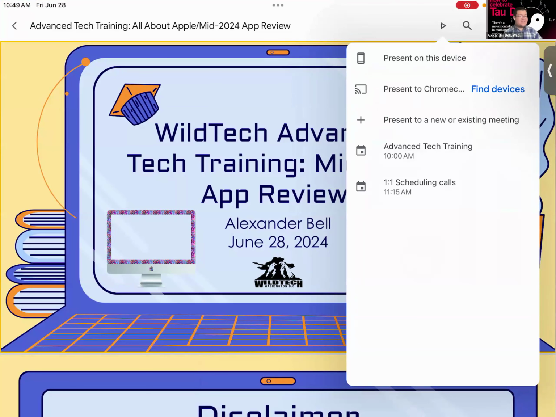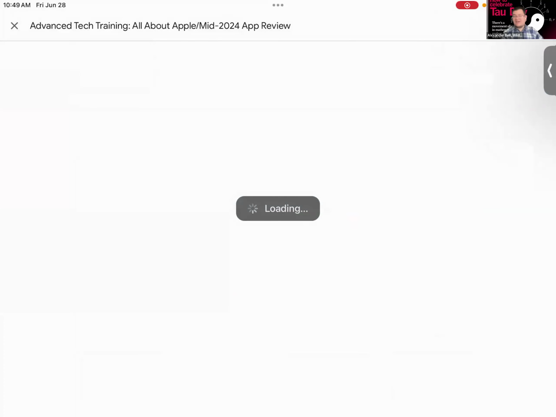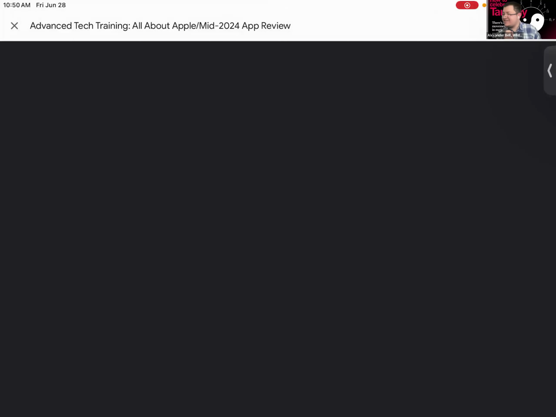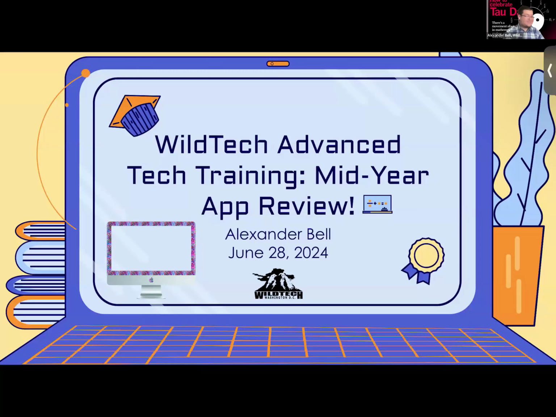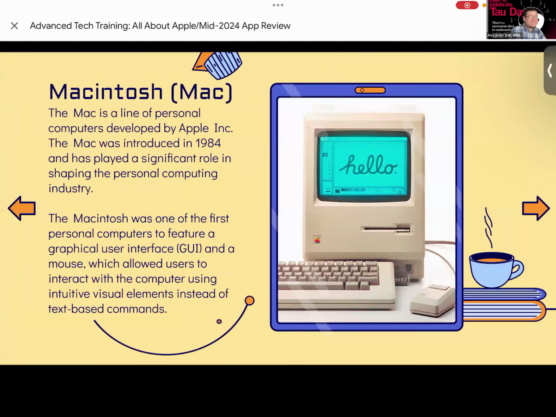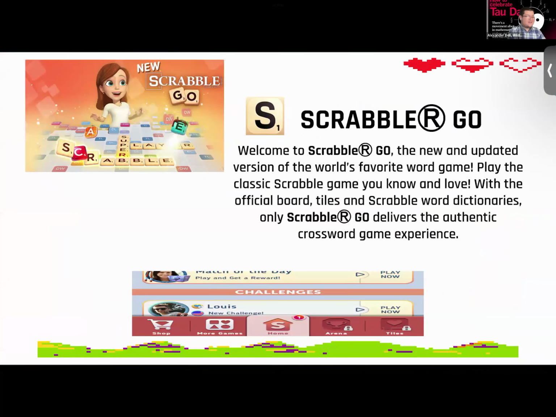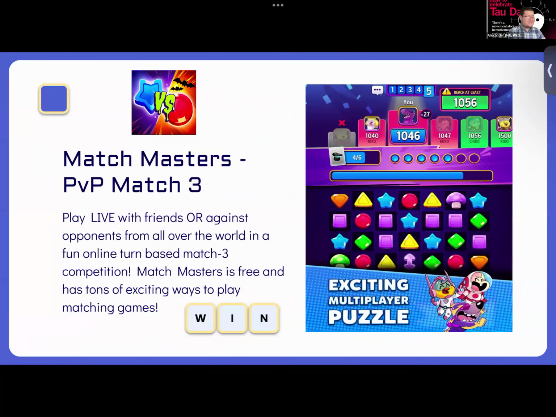But those are again, the 3 tile games that we've taken advantage of in January. Our next 3 apps that we'll be covering today are PvP games. So player versus player games, games that you could potentially, again, play against others with. So I hope you get to take advantage.